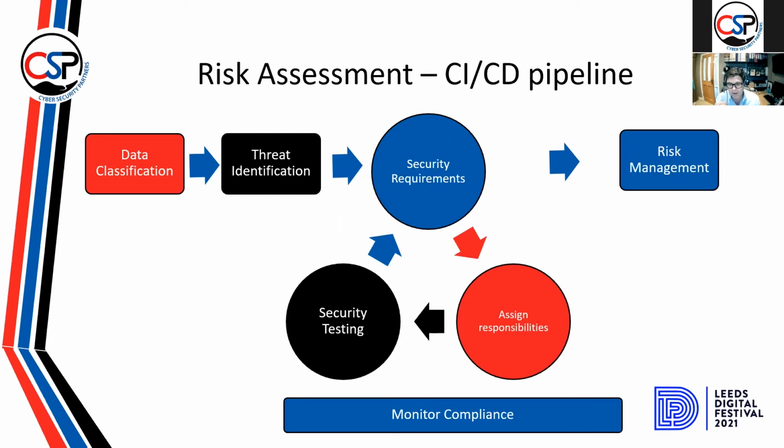But then, in effect, we from a security point of view would monitor it externally to the team. So that ongoing cycle, the little loop I've got there in the middle, is that we're monitoring the delegation and how they're doing it. And from that, we can work out if there are any other security risks that come out of it that need to be managed, or if there's anything else that we need to do. So it's very much focused on high-level security requirements, delegating of responsibilities, and doing constant code checking to ensure that the controls are in place.